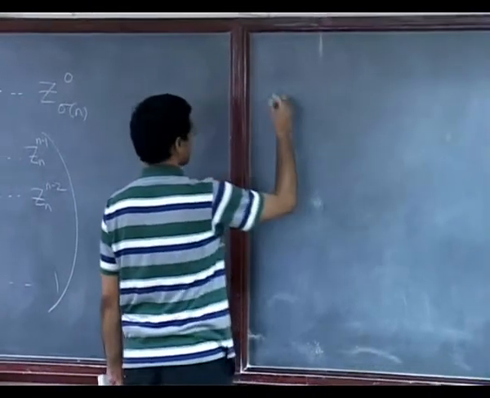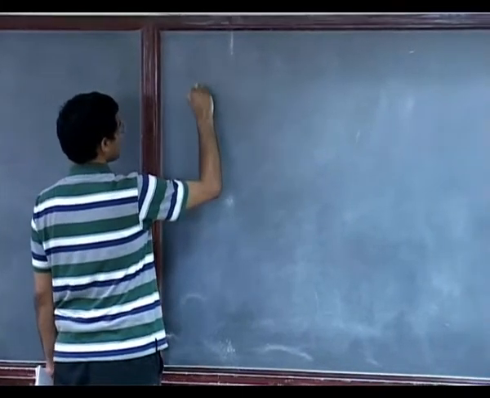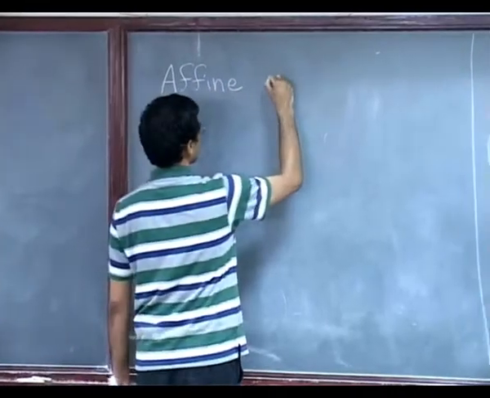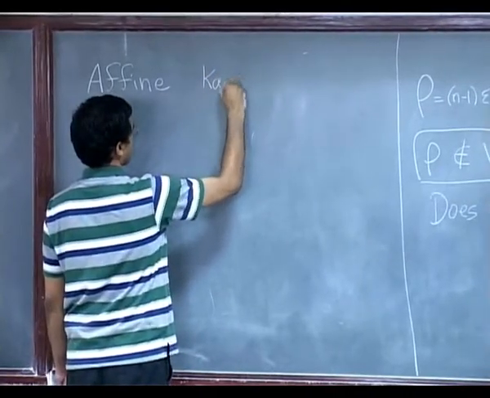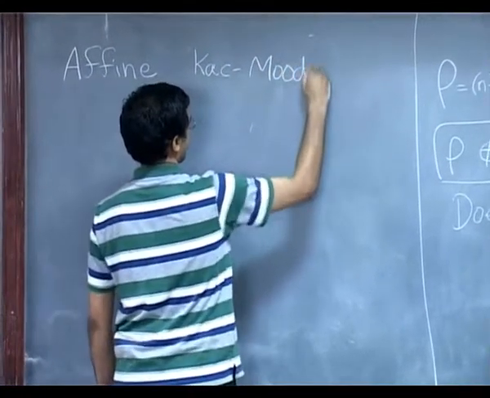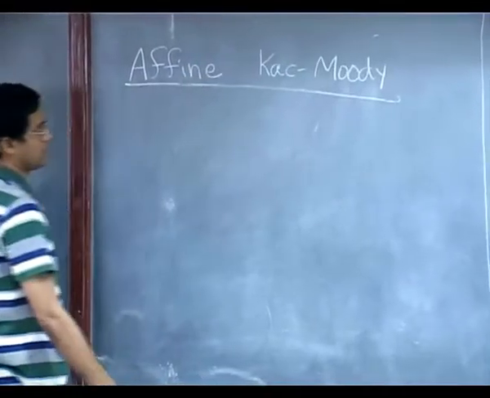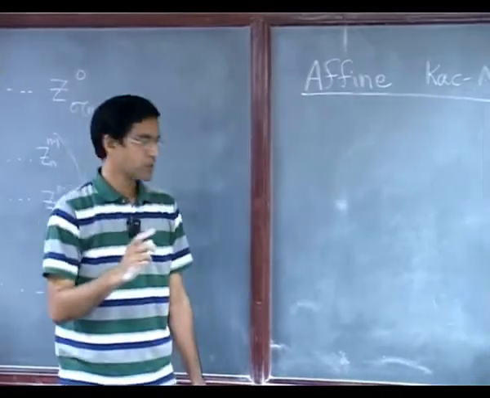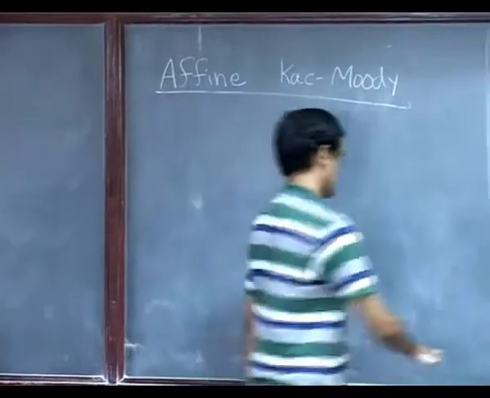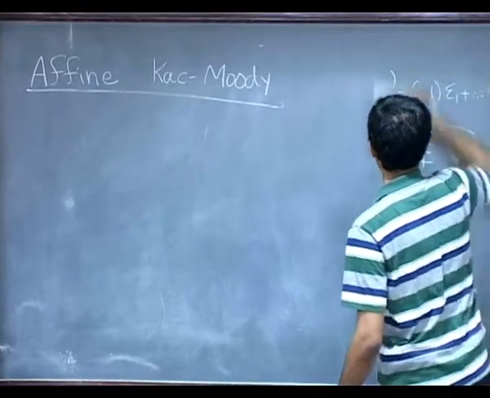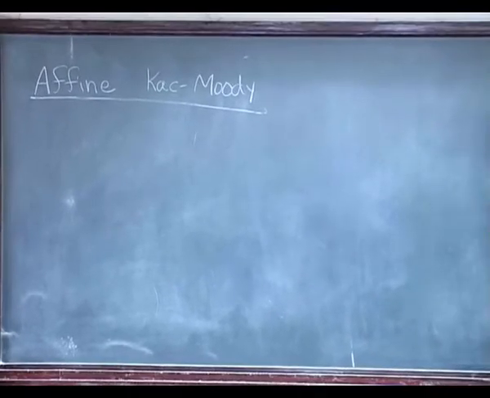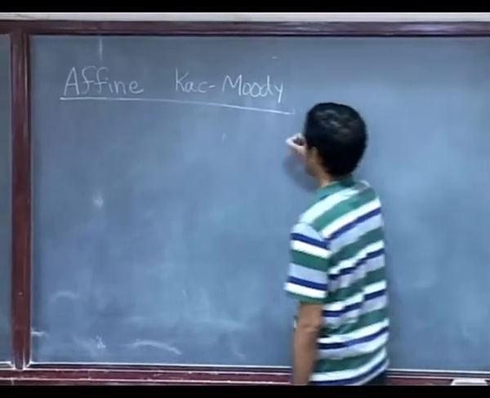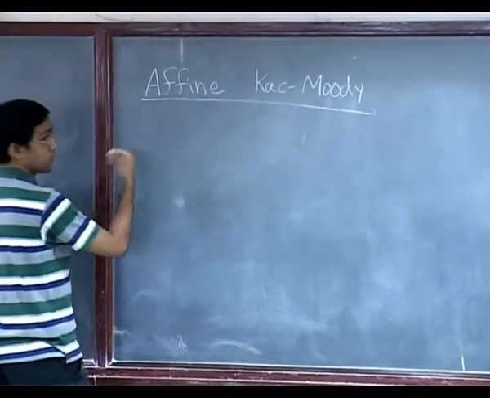Now let me try and do this calculation in the case of the affine Kac-Moody algebras, the affine Lie algebras. I am just going to repeat all these steps, but again I am going to do one example before I try and give you the most general version of it, which is that of the simplest affine Lie algebra, which is what you call affine SL2. So let us first look at what the denominator identity is.